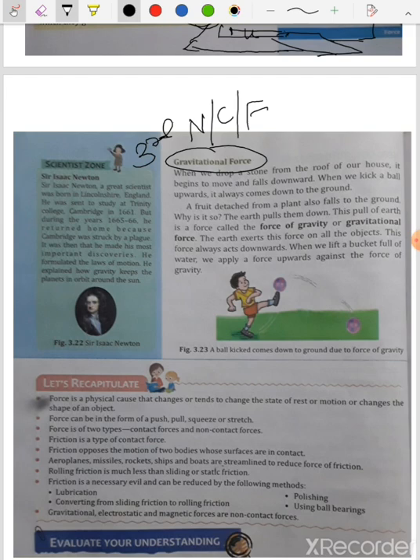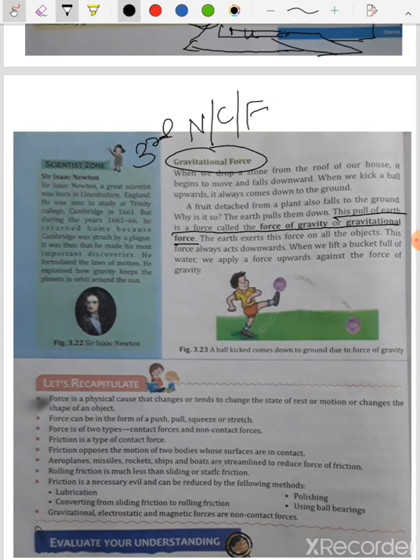Suppose you throw something up towards the sky, what happens? It falls down. Where does it come? It comes to the ground, it falls on the ground. Means earth is pulling everything towards it. So that is called gravity. Okay, so this pull of earth is a force called the force of gravity or gravitational force. So anything which is pulled by the earth is due to the earth's gravity. Okay, so the force by which earth or the gravity pulls an object towards its center or towards it is